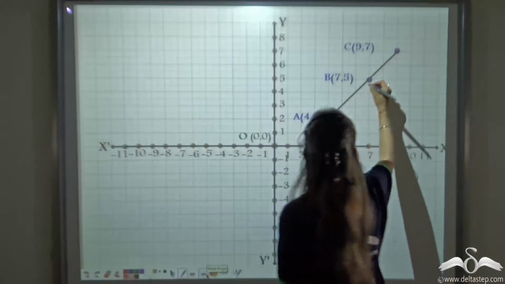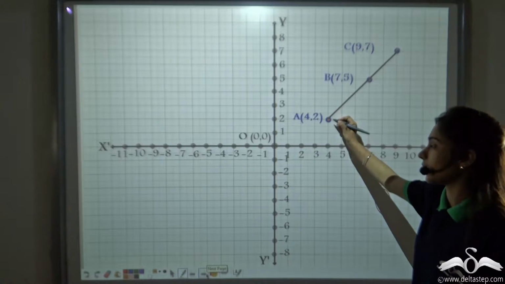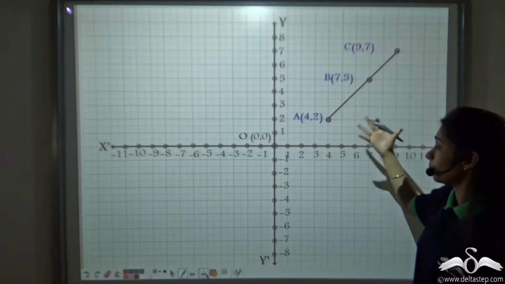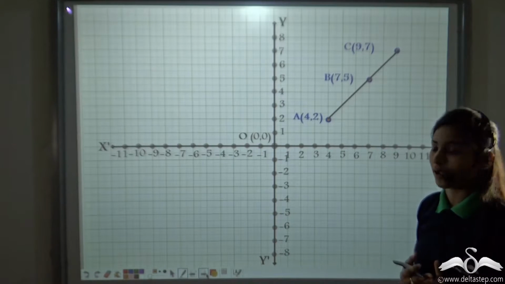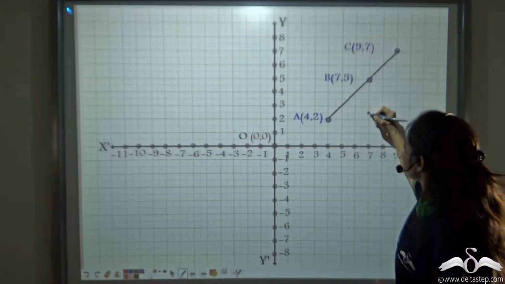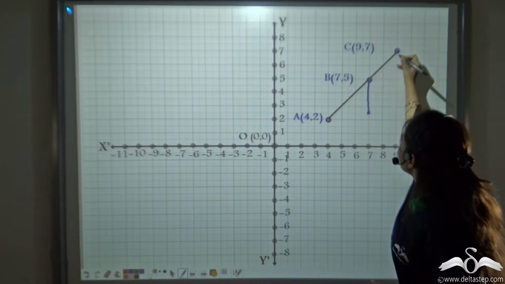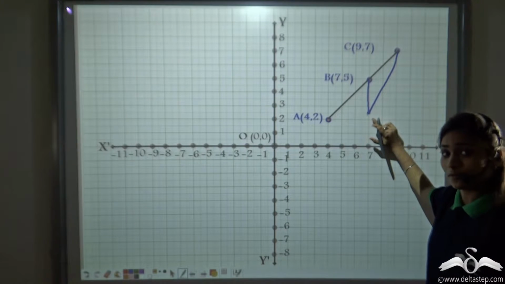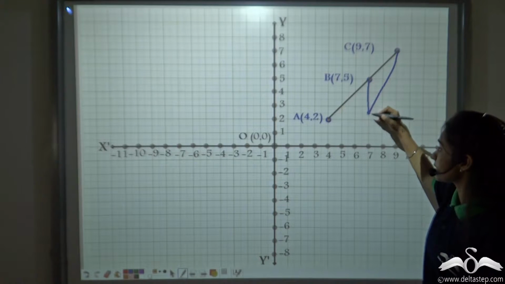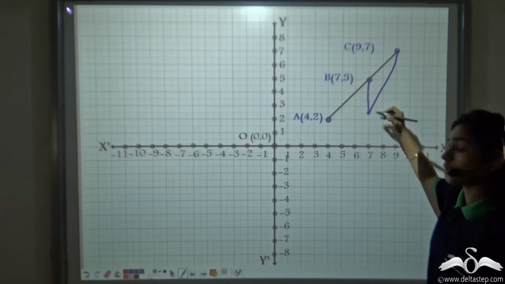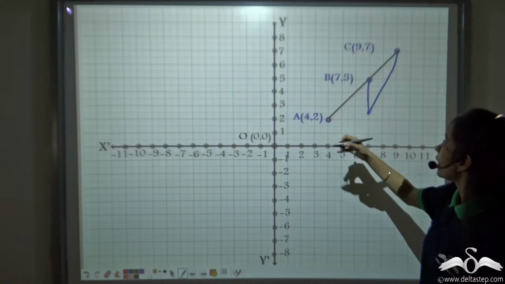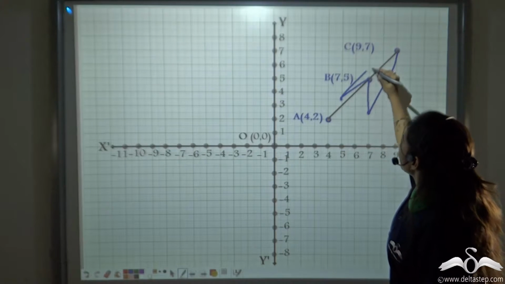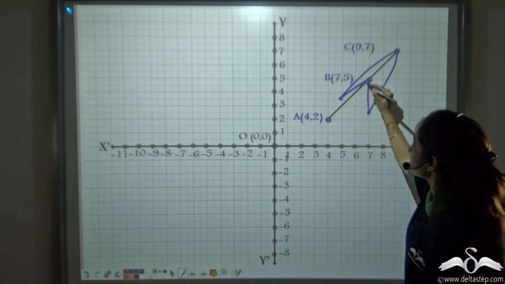See, if these 3 points are collinear, they are lying on the same line. Can you tell me whether they will form a triangle or not? Well, 3 points, if they are on the same line, how can they form a triangle? Now, suppose I shift this A to here. So, it can form a triangle. But then, will it be collinear? It will not lie on the same line. It will come as an external point. So, this will not lie on the same line. If suppose I shift it to here, now it will form a triangle, but again it will not lie on the same line.